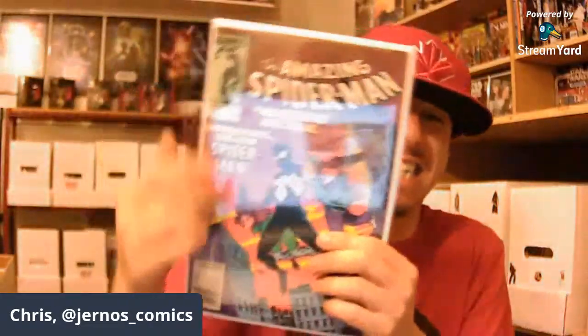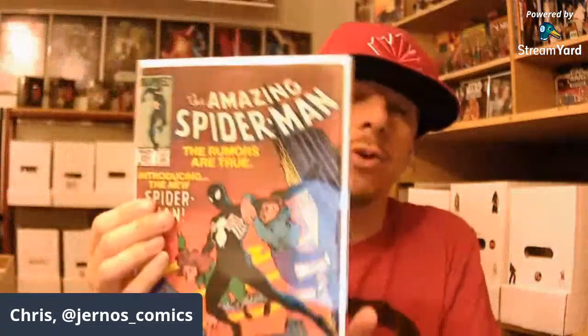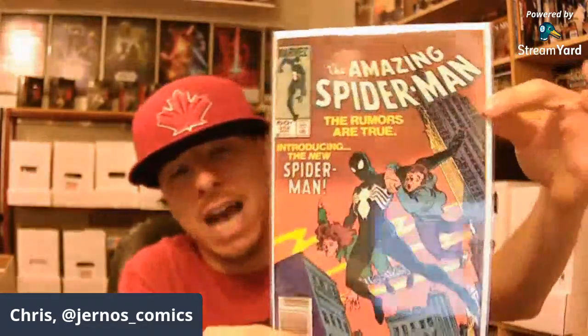The spine is kind of a mess. It has a bit of a spine roll. You know, I could probably get maybe, I don't know, at least $25 for that, hopefully in that condition with the press. And then I'd have to look to see what a 9.0 will go for. Maybe that would be enough to boost it up to getting one that's for sure a 9.2, or even getting a graded 8.5 or 9.0